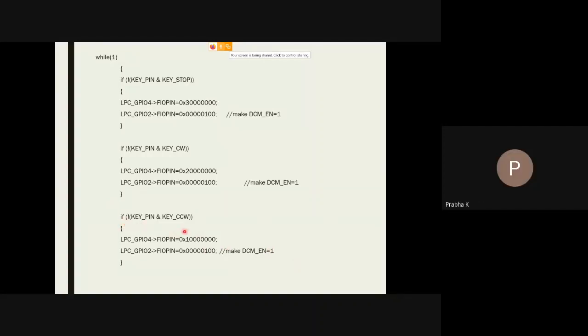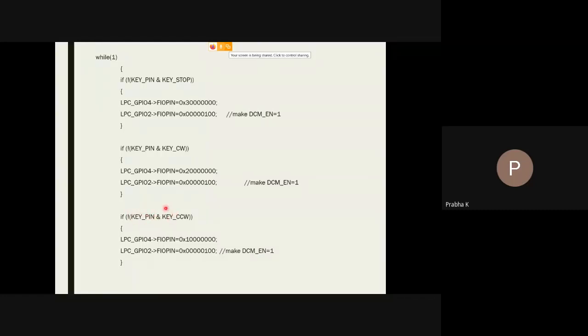Yes, ma'am. Now, this is the subprogram which will allow us to rotate our motor in a counterclockwise direction. So which key do I need to use? I need to use the key designated as KEY_CCW. If I press this key, the data has to be read by the LPC1768, and it is possible only with this variable which is pointing to one of the commands.